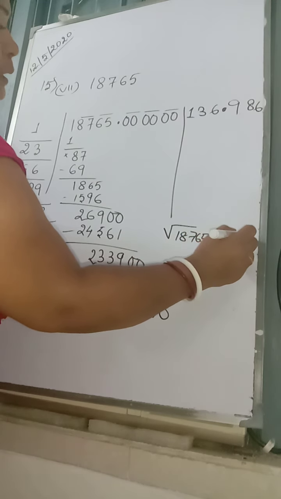Now question number 16. Find the length of each side of a square whose area is equal to the area of a rectangle whose dimensions are given. Now the rectangle's length and breadth are given. This is equal to the area of the square. So we'll get the area of the rectangle. When you multiply these two, you will get the area, and then you have to get the square root of the number, and then you have the answer.